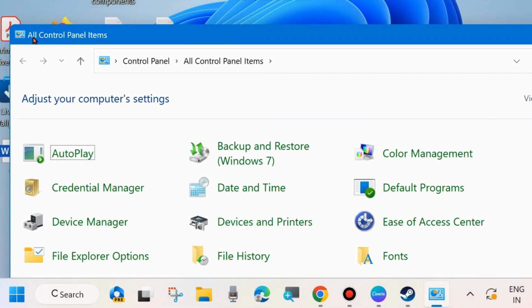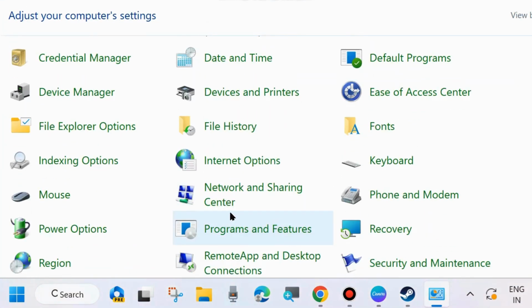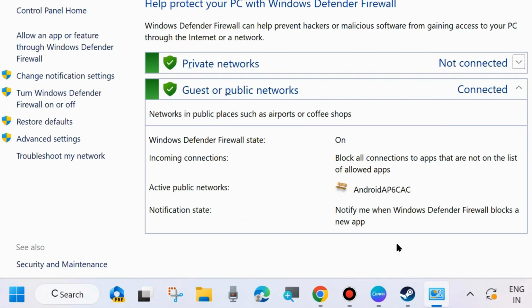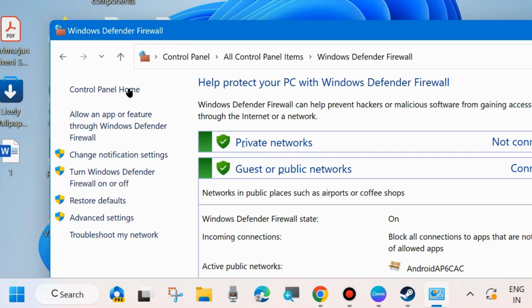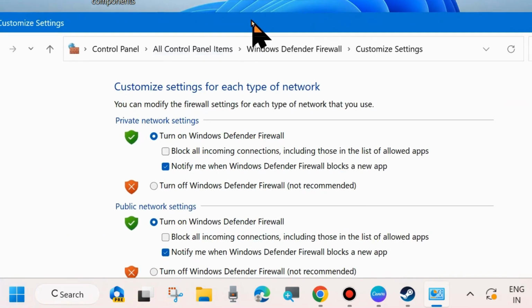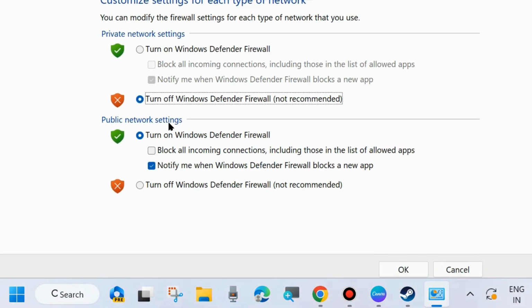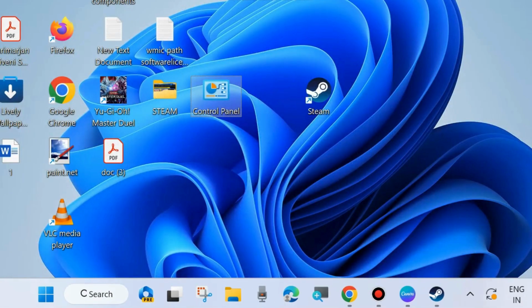The next one is open Control Panel in your system, and here go to Windows Defender Firewall. Here, from the left side, choose Turn Windows Defender Firewall on or off and temporarily disable Windows Defender Firewall for both the private network as well as the public network. Turn off Windows Defender Firewall and click OK to save the changes. After your problem is resolved, you must turn on Windows Defender Firewall for the security of your PC. Your Steam error definitely